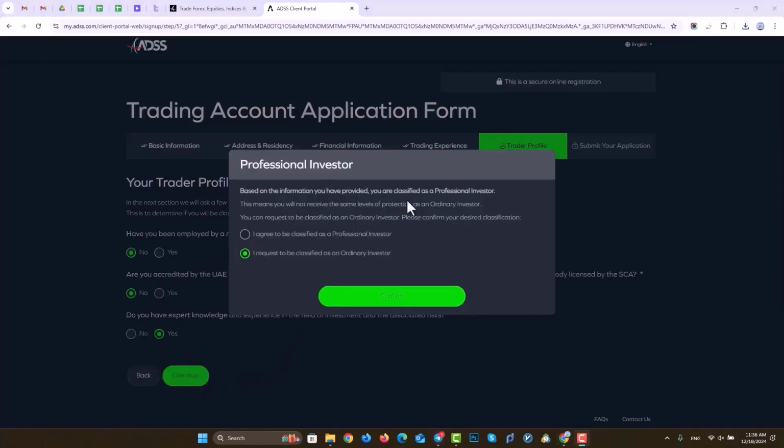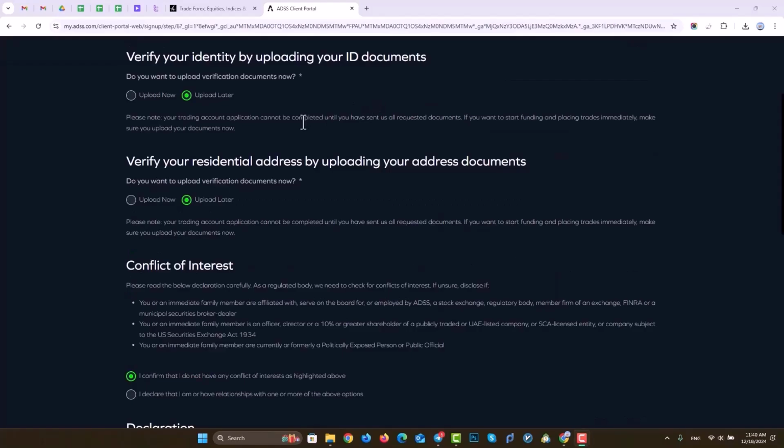And depending on the type of information you've entered, your account type will be determined for you. You select the account type and click on Confirm. In the next step, you choose how to verify your account, which you can do right now. Choose how you want to verify your account, and then, in the next section, you answer the questions about conflict